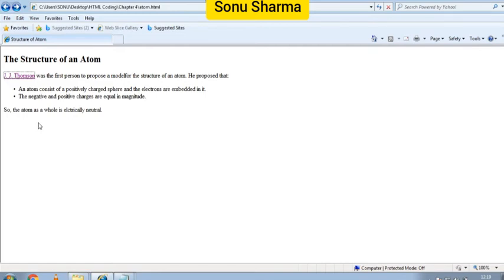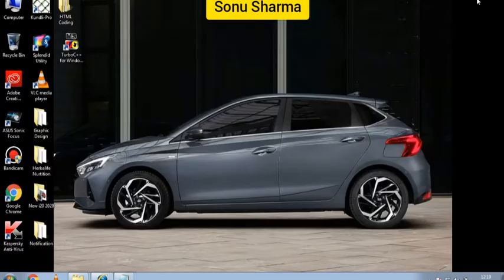Okay, students, now I will discuss page number 75. On page number 75 it is written: links within the same page. That means in the same page, how can you make a link? To link within the same web page, what is required? The ID attribute is required. You can see the ID attribute on page 75. What is the meaning of the ID attribute? You can read the paragraph.